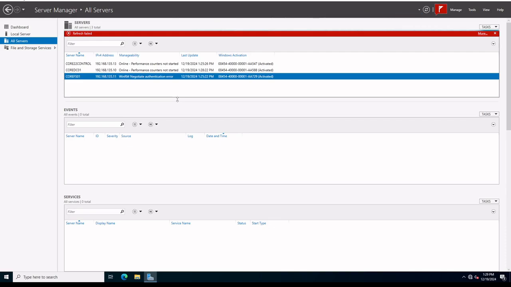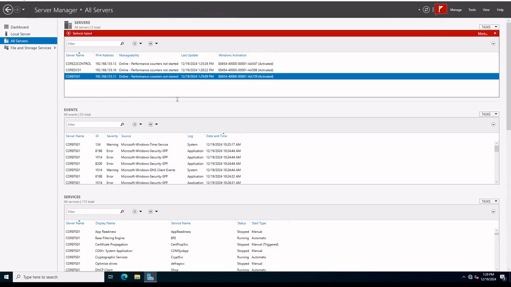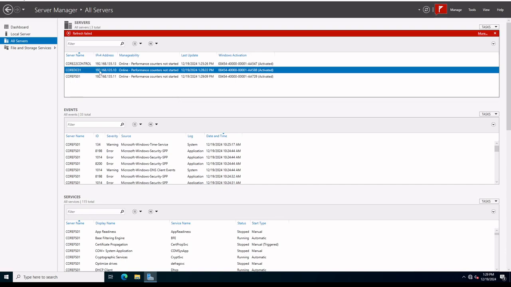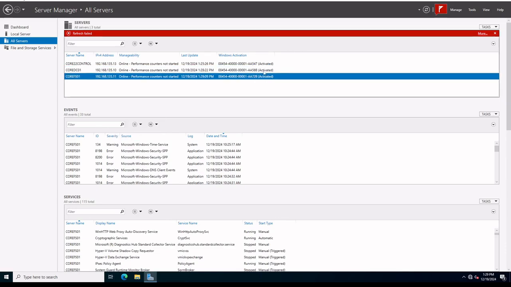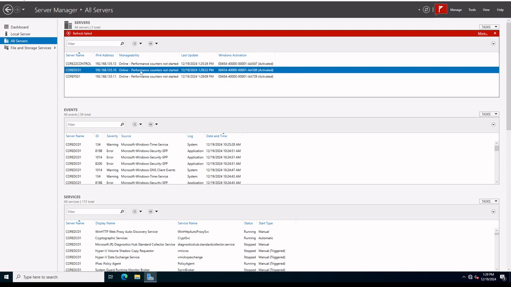But you'll have to run this on your two core servers, as well as running this on the control system, the system that's going to control everything. And you'll notice that once you do that, you reboot the entire environment, you come back up, you'll go into here, you'll still see error at the top. It'll still give you a warning. But what you'll be able to do is just right click on the thing and choose to refresh. And once you do that, it should show activated, and then you have access and control over that